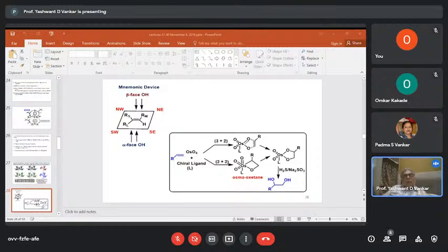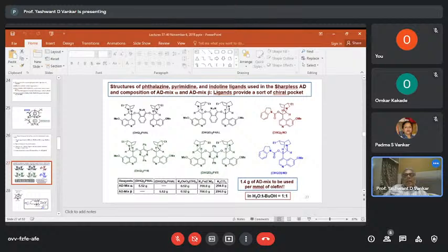Alpha side means from the bottom side. Whereas if you use AD mix beta, then it comes from the top. As I showed in this particular case,